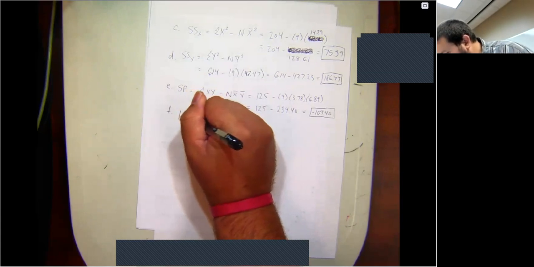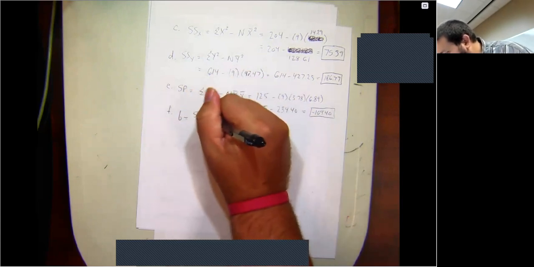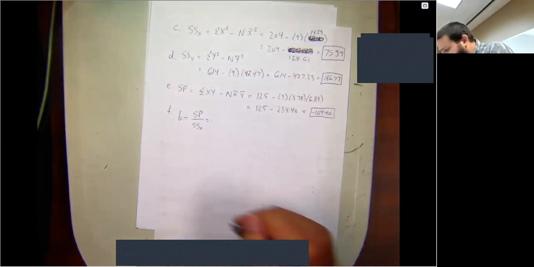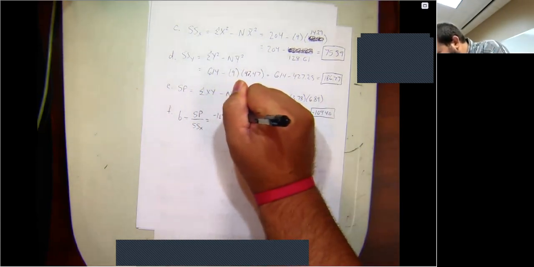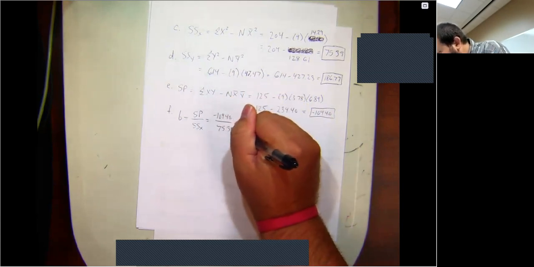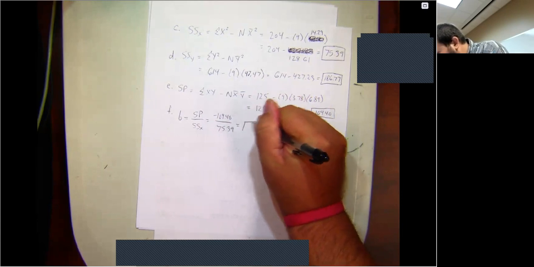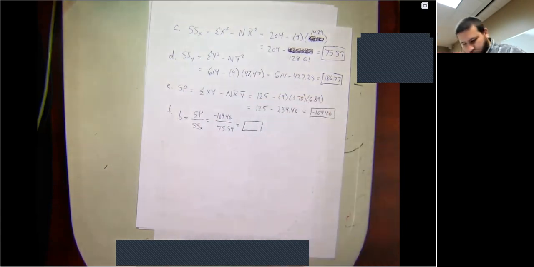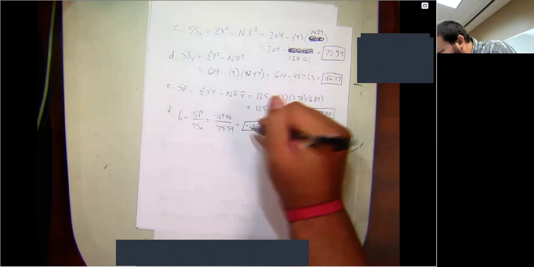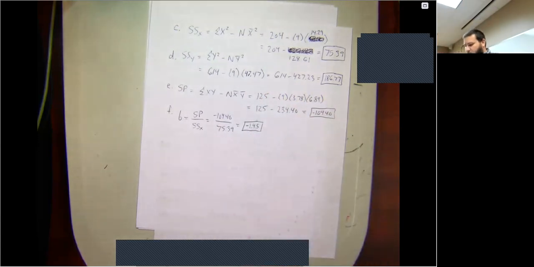So we need B. That's SP over SSX. SP is negative 109.4. SSX was 75.39. So our slope to our regression equation is negative 1.45. And your slope should be negative because the direction of the relationship between these variables is negative. All right, so G,